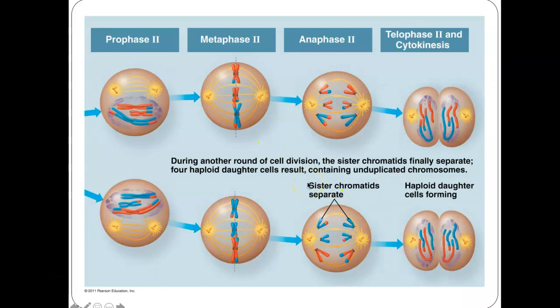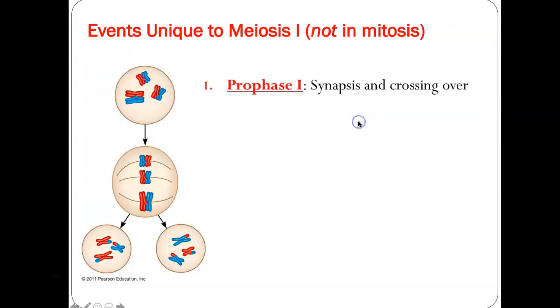If it happens during anaphase 1, that's way too drastic, and usually a miscarriage would happen with that offspring. But here, look at this right here. Look where my cursor is. What if this red one right here actually went with the other red one? Do you see how this cell then would end up with a missing chromosome? And then this gamete, sperm or egg, would actually end up with an extra chromosome. All right, that's called non-disjunction, a failure for chromosomes or chromatids to properly separate from each other during anaphase. All right, hopefully that made sense.